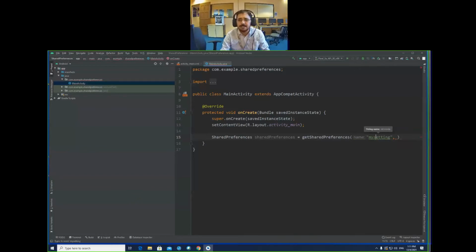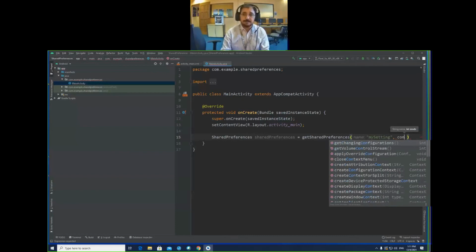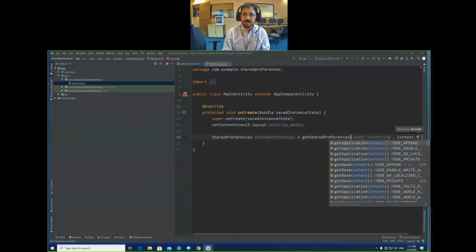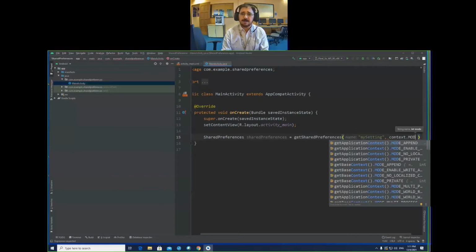Okay, and in this file we can store some information, and on the basis of that information we can customize our setting, or we can customize messages to the user. Okay, so the context dot mode, context dot MODE_PRIVATE.